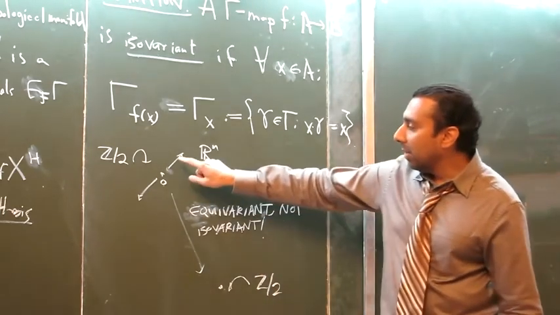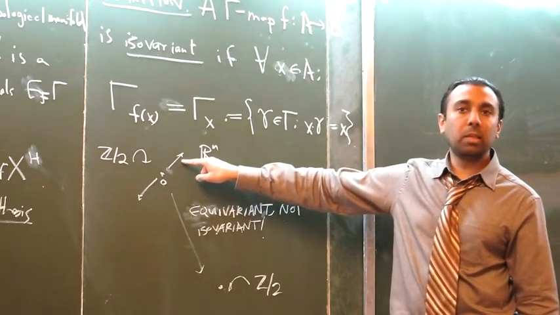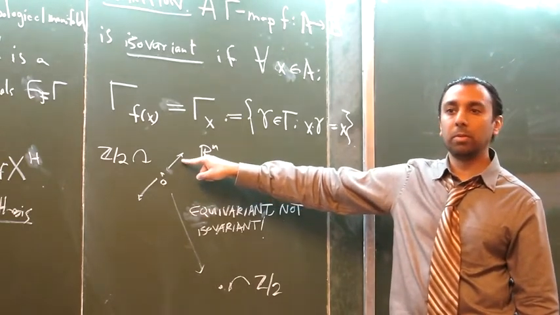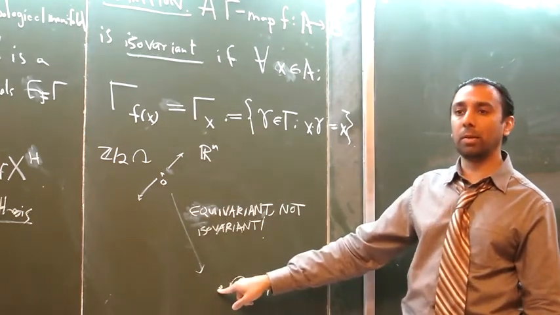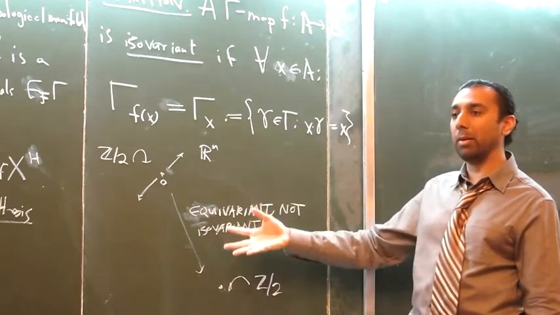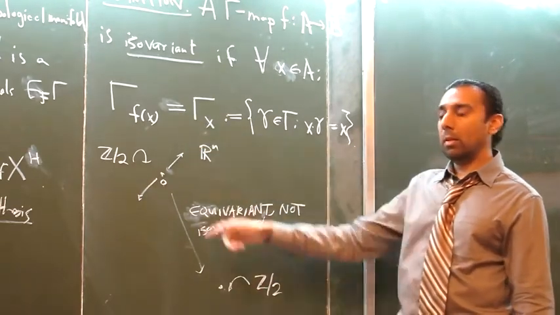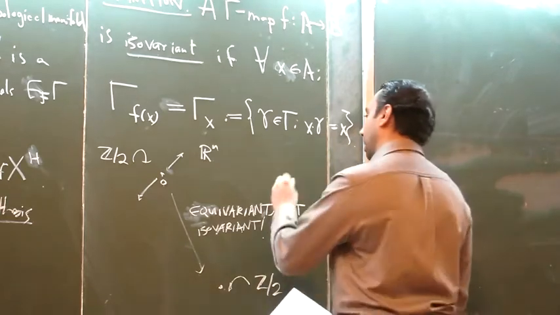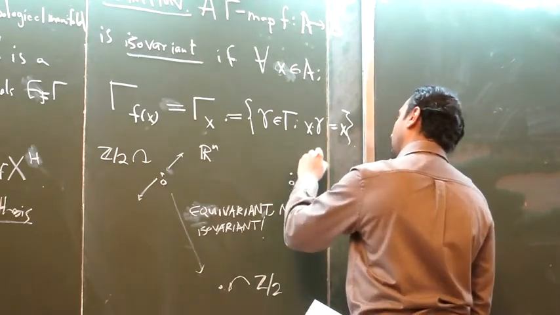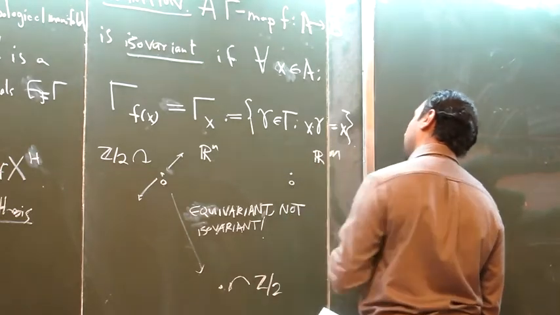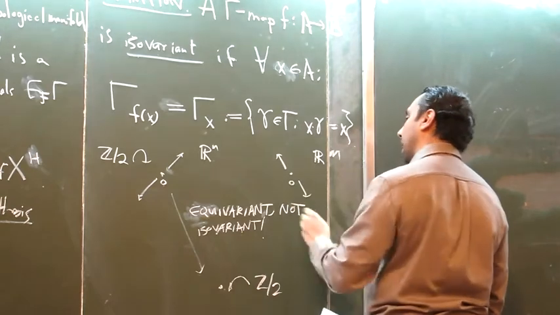Why? Well, if I take a point over here, not the origin, some other point, its stabilizer is a trivial group. But it's being mapped to a point with bigger stabilizer. Here the stabilizer became bigger. And that's not allowed, it should be equal. So if you look more generally at R^n and R^m with such actions,